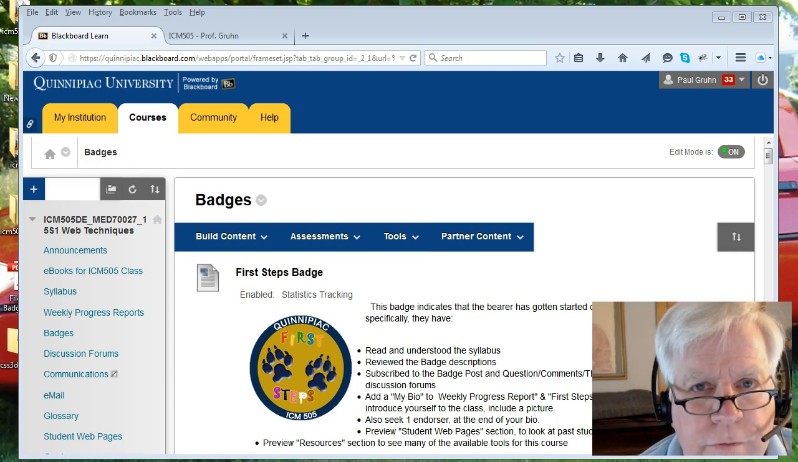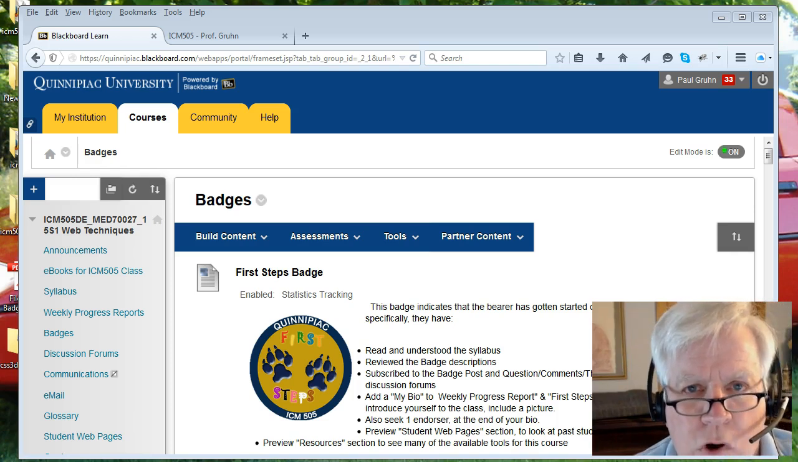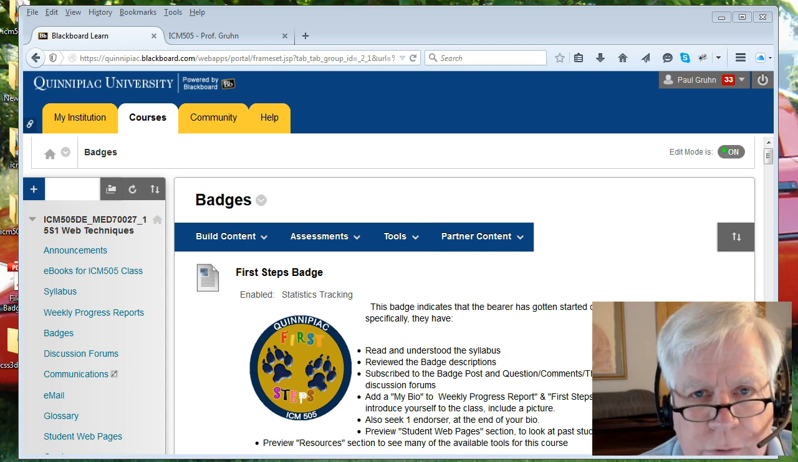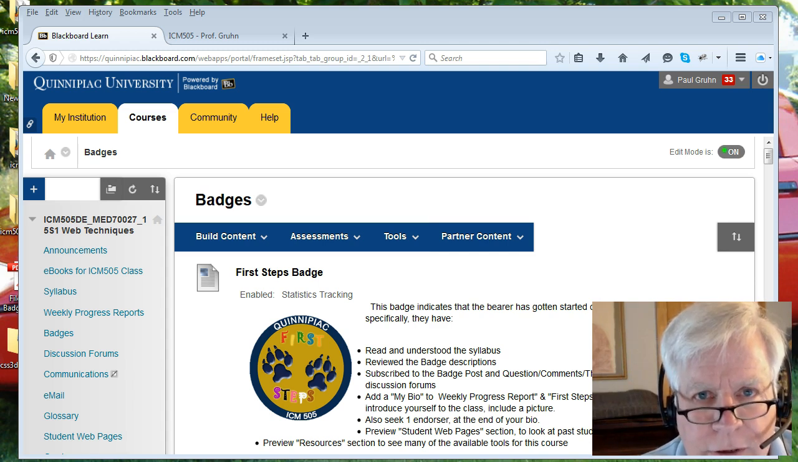Hello, this is Professor Gruhn, and we're going to do a quick overview of some of the resources and how I've got things set up for the HTML core badge. This is not a detailed lesson on HTML tags. Rather, this is an overview of the badge, the requirements, and the things I've provided for you to hopefully make